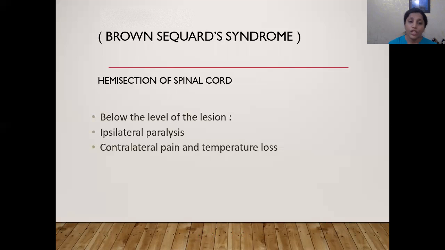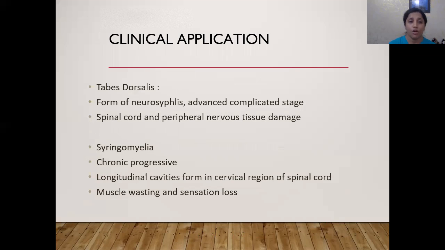And so the contralateral, or the opposite side, pain and temperature will be lost. Two more diseases I think are important to name here. One is called Tabes dorsalis, it's a common term. Now, it is a presentation of a very severe bacterial syphilis, a neurosyphilitic condition, and Tabes dorsalis is seen in a very advanced, very complicated stage, and it may present with a very big collection of symptoms.